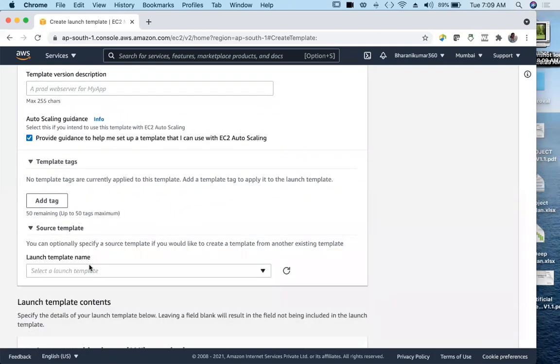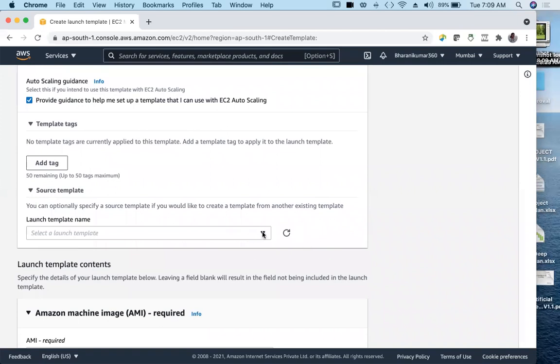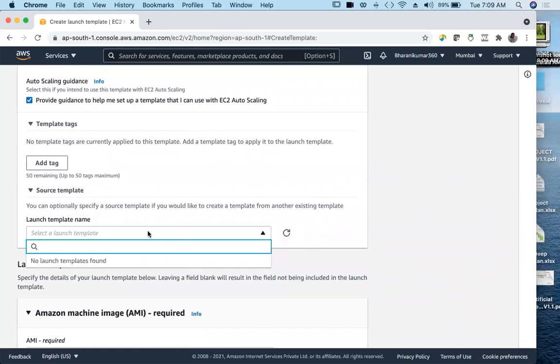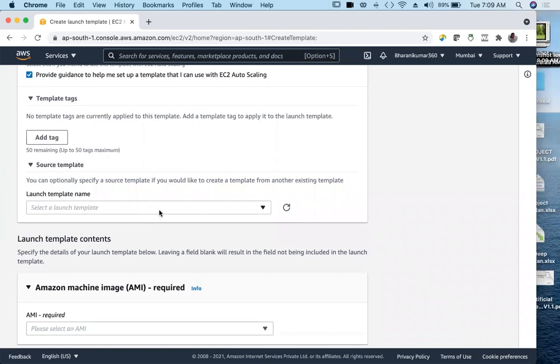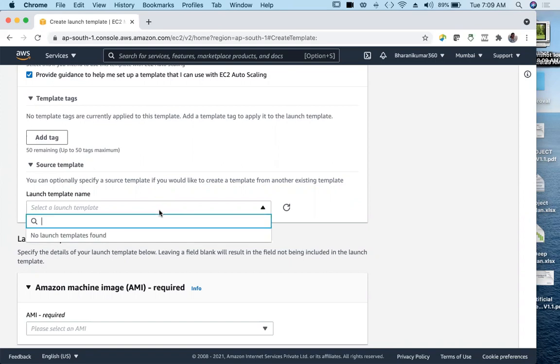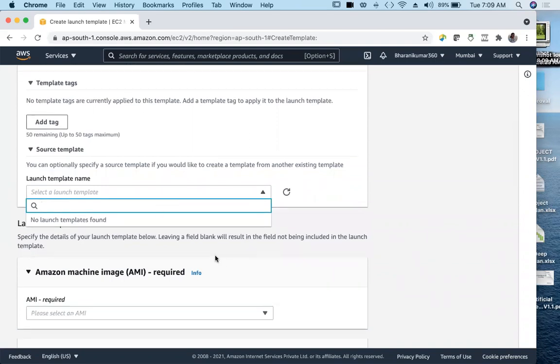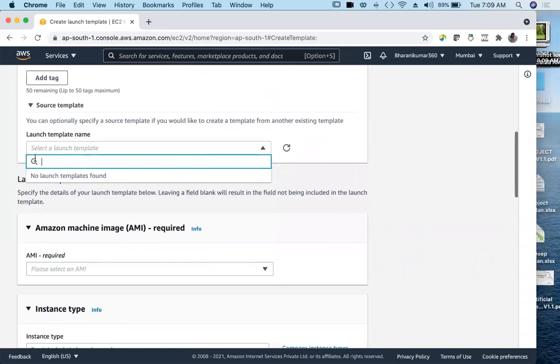Source template. So if you want to create from any other template, we don't have any source template, right?